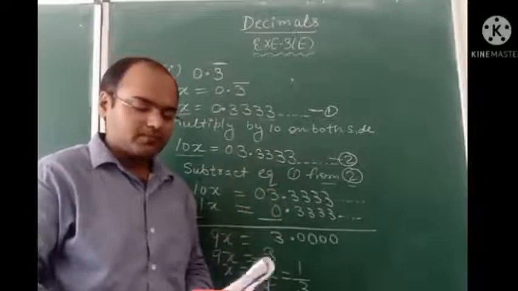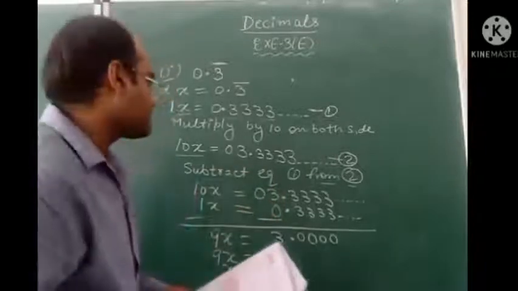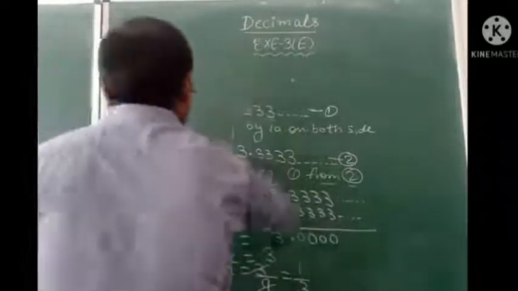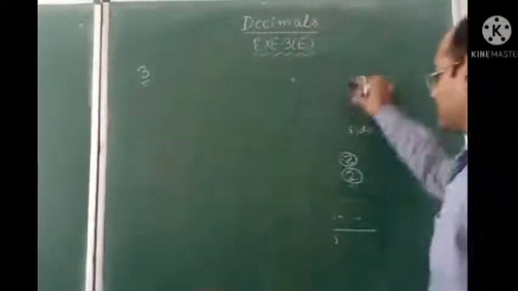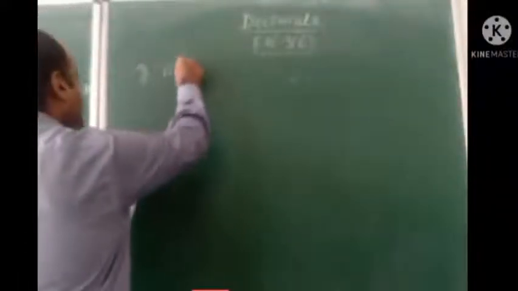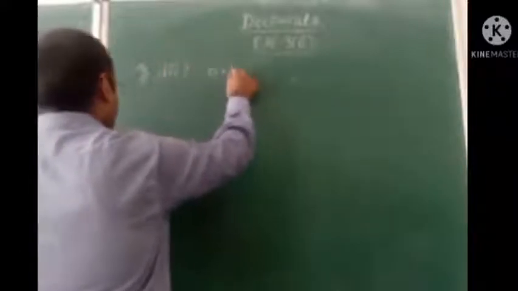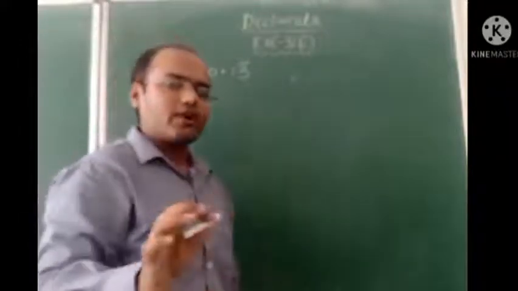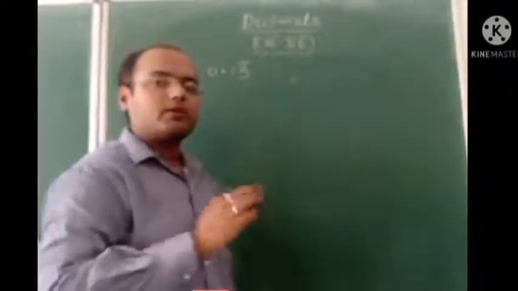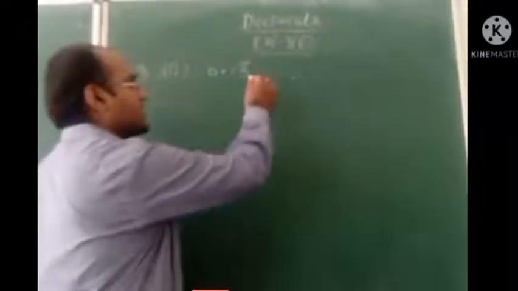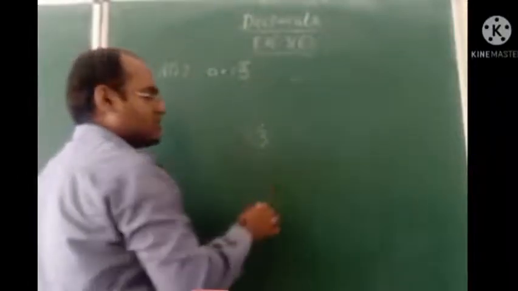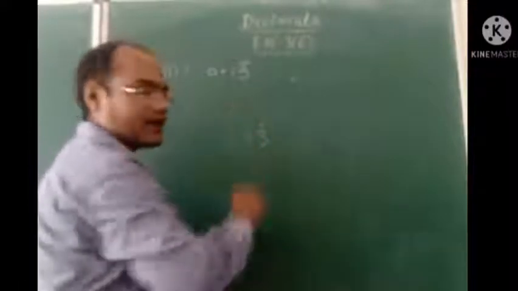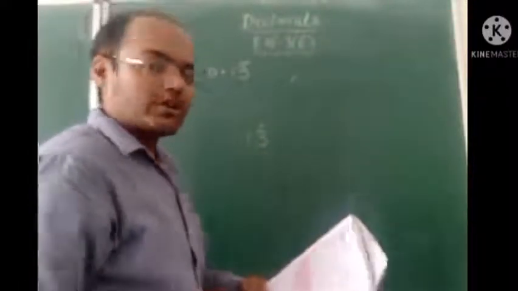Now see another part of number 3. Third part. Recurring decimal is given, 0.13 and on 3 dot is there, but I told you, no need to write dot. In place of dot we will put bar, because sometimes dot is not visible in the answer. So that's why it's better you put bar. So on which number we have to put bar? On 3 we have to put bar.